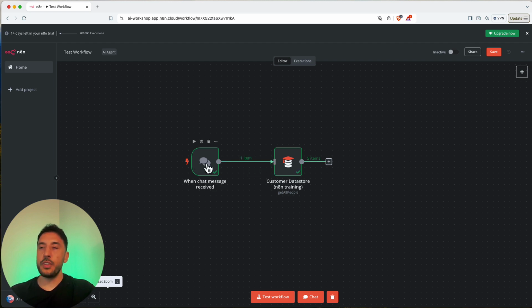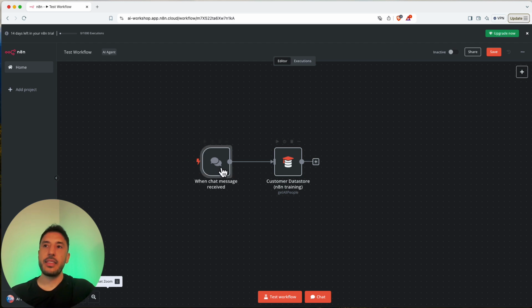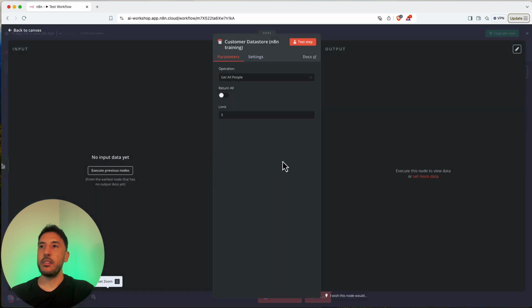So if I want to remove the data that's got initiated from these different nodes, I can come in the bottom here, and if I click on this little delete button, it's going to delete the execution, or it says at the bottom, deletes the current execution data. So if I do that, now I'm back to blank, meaning nothing is being outputted from these nodes. So let's go ahead and double click on this.